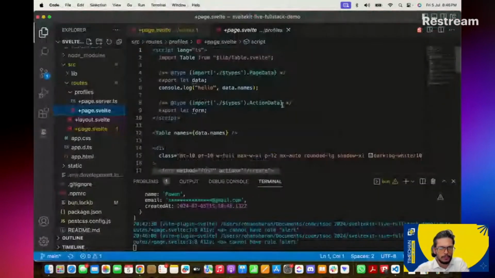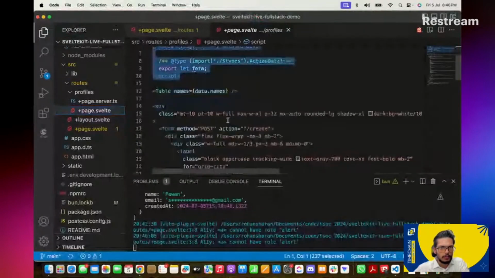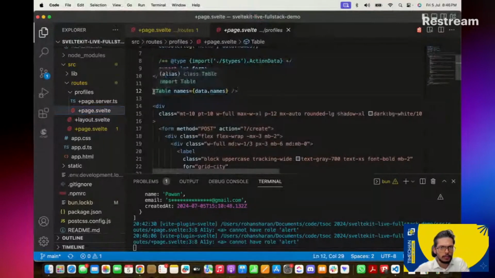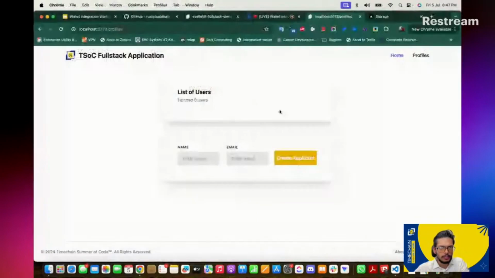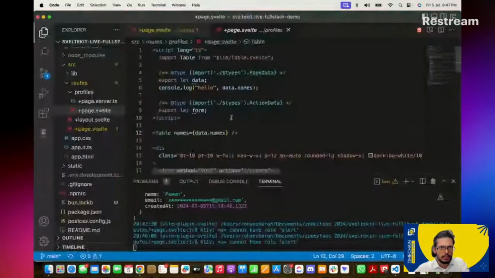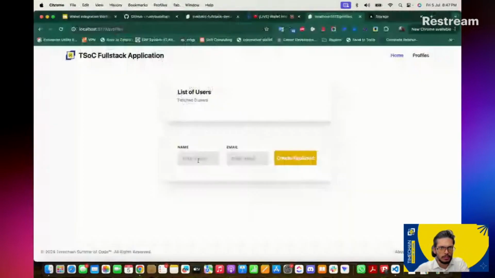Then let's check out what's happening here. So here we have, forget the script tag. That's not what you look at first whenever you look at a project. The first thing you look at is what are the HTML elements here that's making up the project. So there is a table that has been imported from, again, library to table.svelte. It has been initialized with data.names. Names equals data.names. That's the table that's giving the list of users, connecting it with the database and showing the list. So that list is this table that's getting shown here,